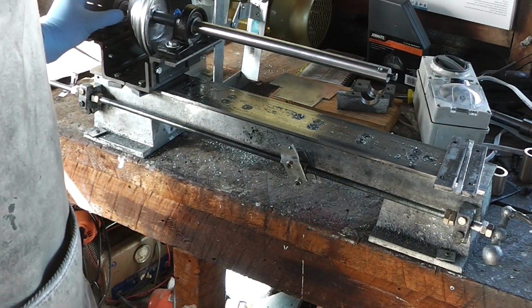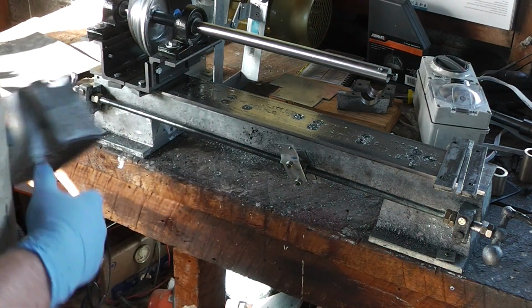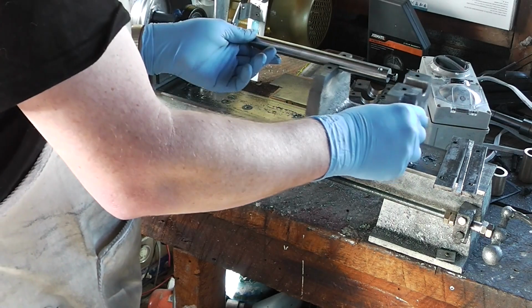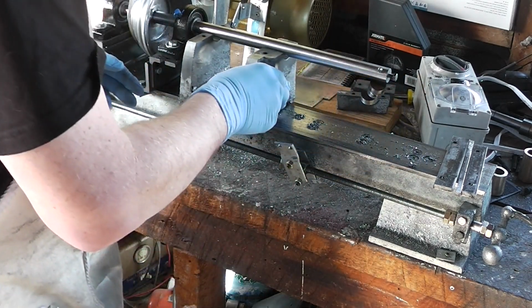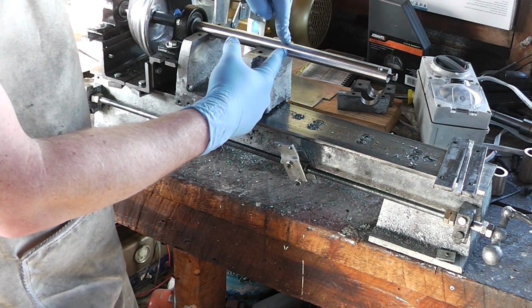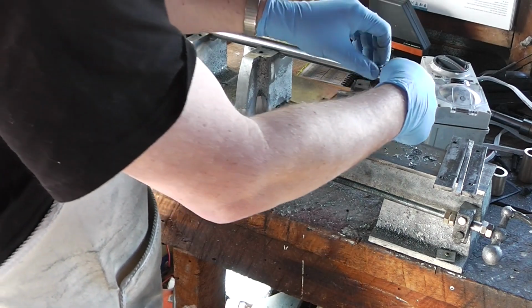While that's chewing away, I'll explain what I'm up to. Once I get the new headstock casting to the point where I can start boring it, rather than bore it with the end of it like I did with this one, I'm going to drill a cross hole here, install a cutter there, and have it go through with this taken out